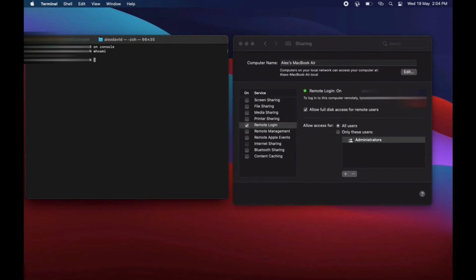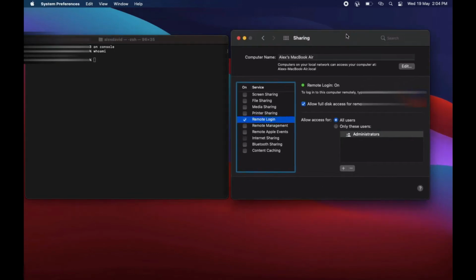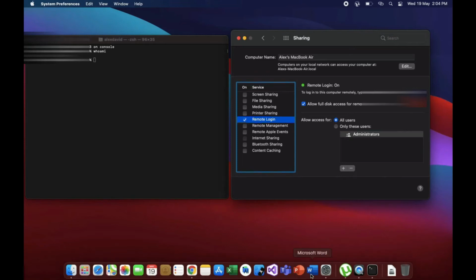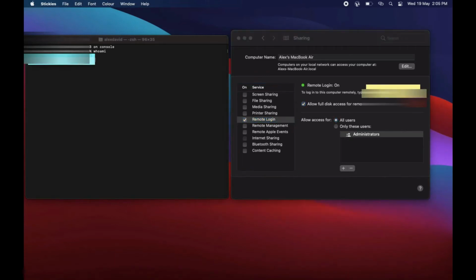It will give you the username, and you should know the username and password. Then go to System Preferences and select Security and Privacy.